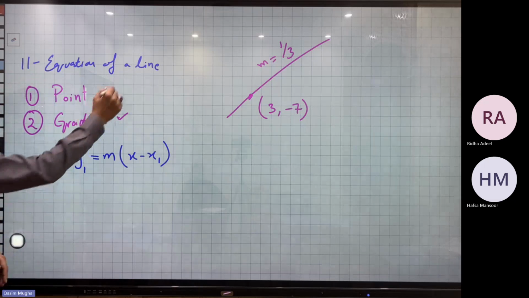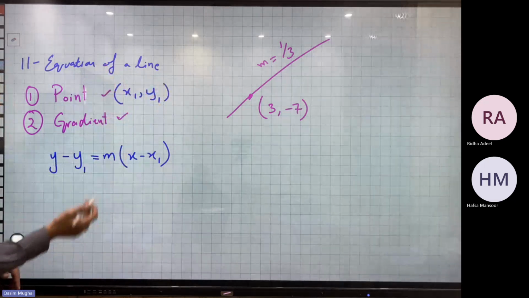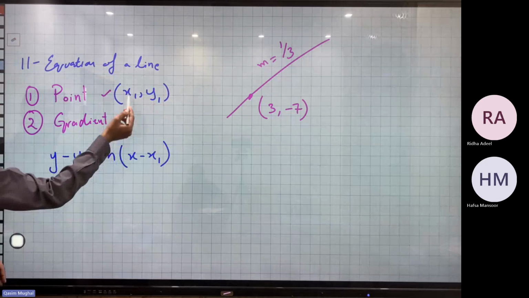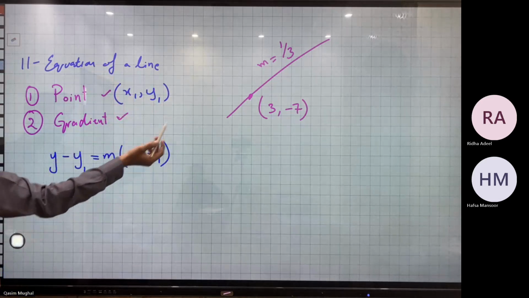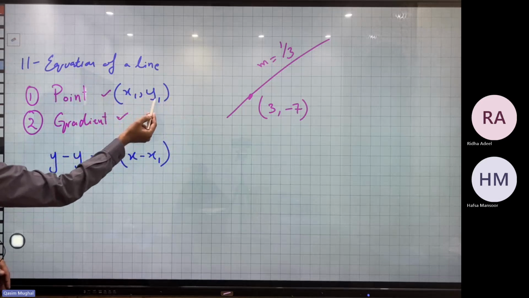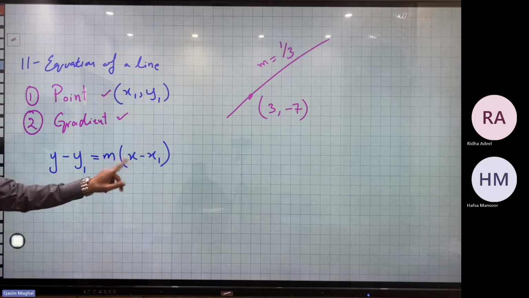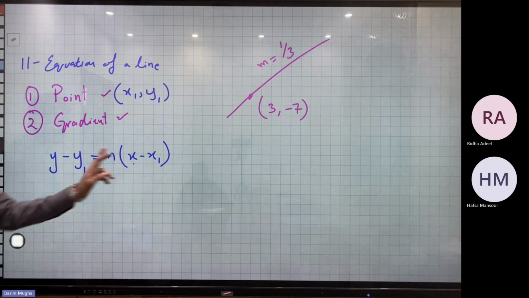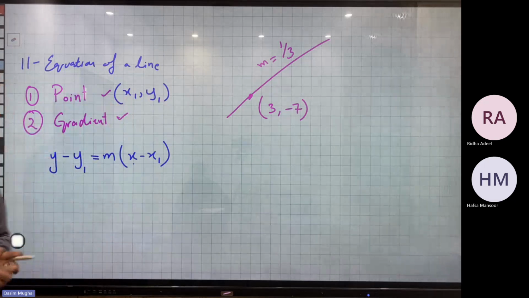पॉइंट के आगे मैं लिख देता हूँ x1 y1। जो पॉइंट आपको गिवन है उसका x कोऑर्डिनेट आपने इस फॉर्मूले के x1 में पुट करना है, और उस गिवन पॉइंट का y कोऑर्डिनेट आपने y1 में पुट करना है, ठीक है। ये मैंने इसलिए आगे x1 y1 लिखा कि आपने इस y और इस x में नहीं, x1 y1 में पुट करना है।